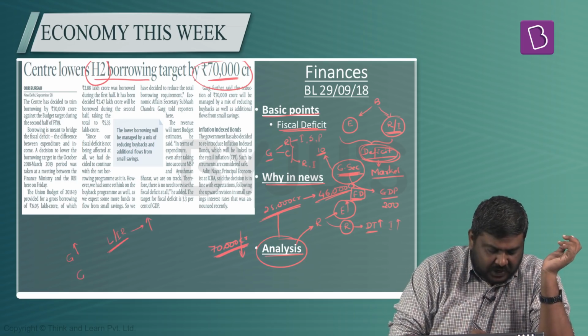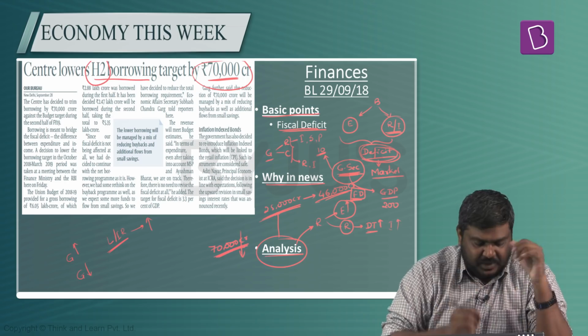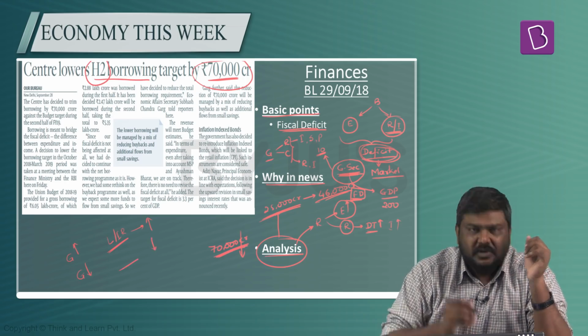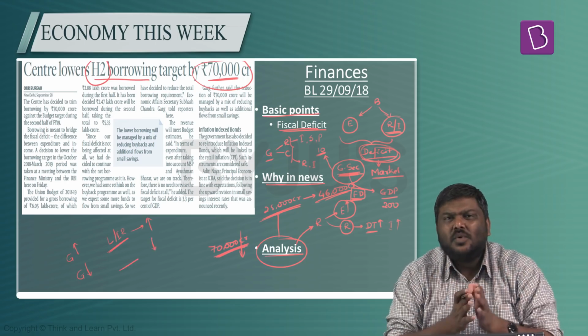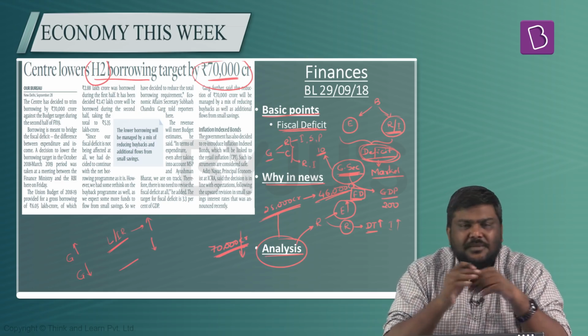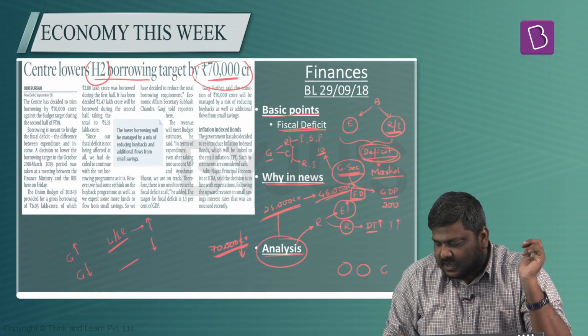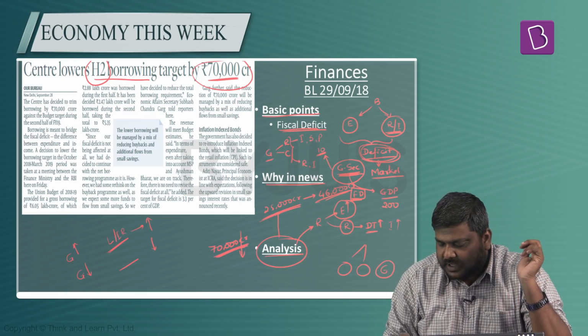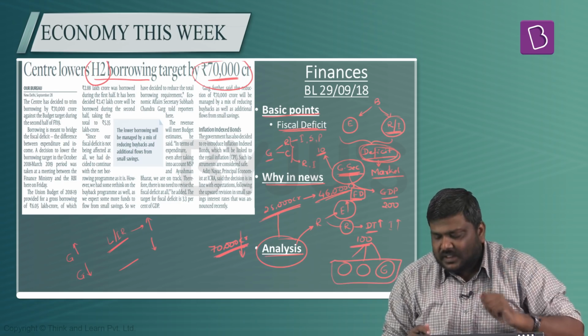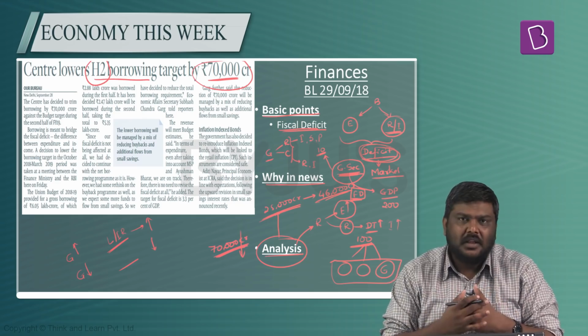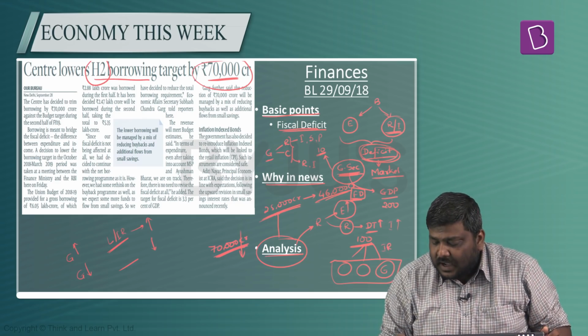And when Government of India reduces its borrowing, these interest rates on various securities will also decrease. What is the correlation? What is the connection? Simple logic: let's assume there are two companies as well as the government who want to borrow from the market. Now, if the supply is, let's say, 100 rupees, since the number of people demanding this 100 rupees will be higher, the interest rates will be higher.